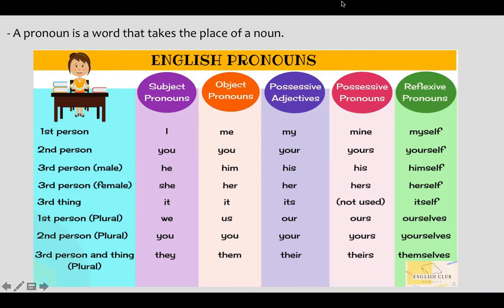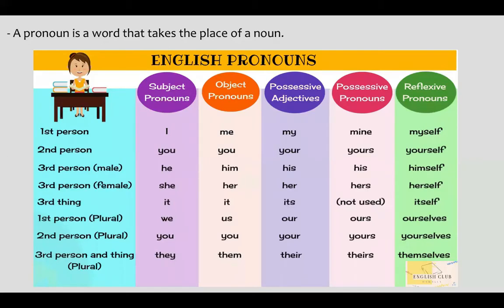Okay, but possessive pronouns, ضمائر الملكية, means basically when I say this car is mine, okay? So this car is mine, basically I'm just saying that the car that you're seeing in front of you is mine. I own it. I'm not describing it, I'm just saying this is my car. Okay? So this is the difference between possessive adjectives and possessive pronouns.